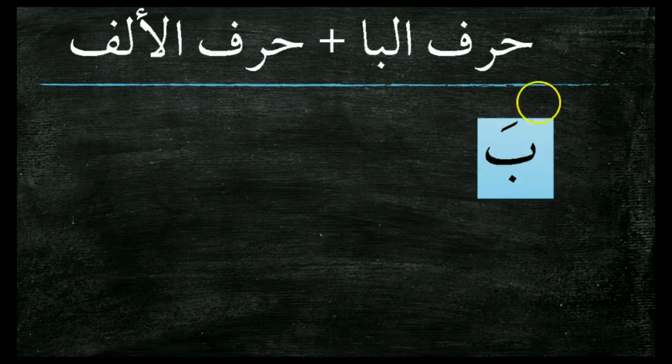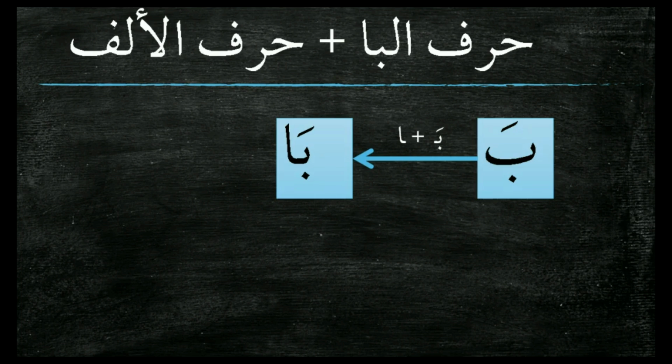This is the letter ba, as we can see it here, not connected from the right or from the left. The ba accepts to be connected from the right side and accepts to be connected from the left side. When we add an alif to the ba, the alif, as we noticed before, connects from the right side only. So we have this extension here, while this is removed, and there is an extension with the ba to be connected to the alif to form a